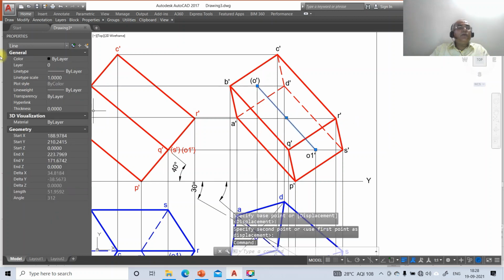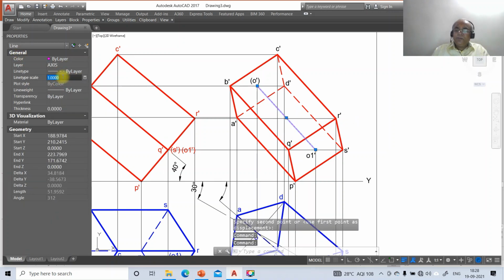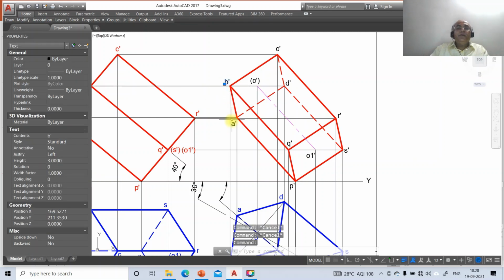Now click on this and go to layer, make that layer as axis layer and change it to 10. Now click on this, on all these points, and change that to front view.